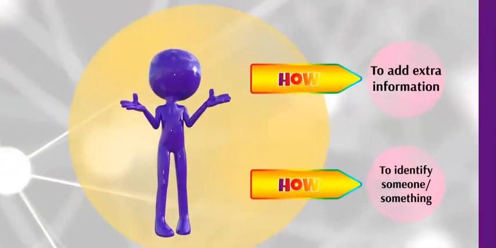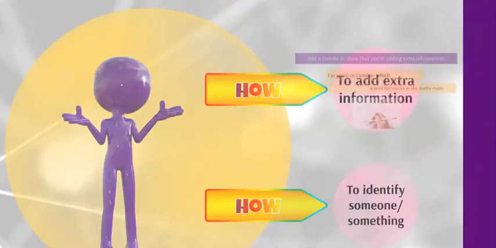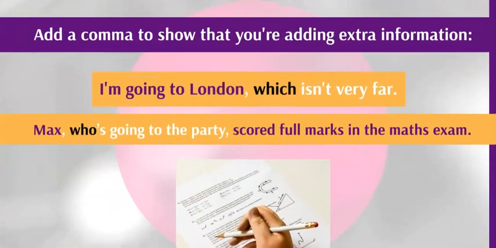Relative clauses are used in two ways, and the first way is to add extra information. When you add extra information, always separate it with a comma. Let's return to our original example. I'm going to London, comma, which isn't very far. Because of the comma, we now know that which isn't very far is extra, unimportant information tagged to the end